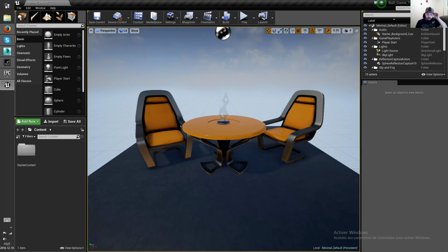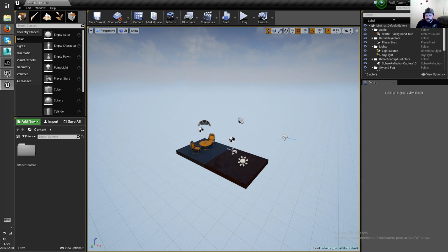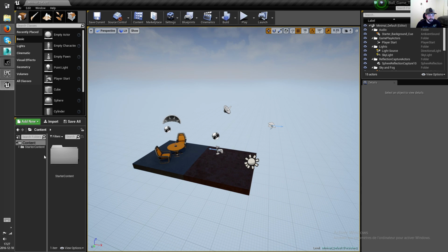Okay, now that we have this thing open, we're gonna rearrange a little bit the folders. So right now the only thing we have is this. So we're gonna create a new folder that we're gonna call maps, in which we're gonna put all of the levels,